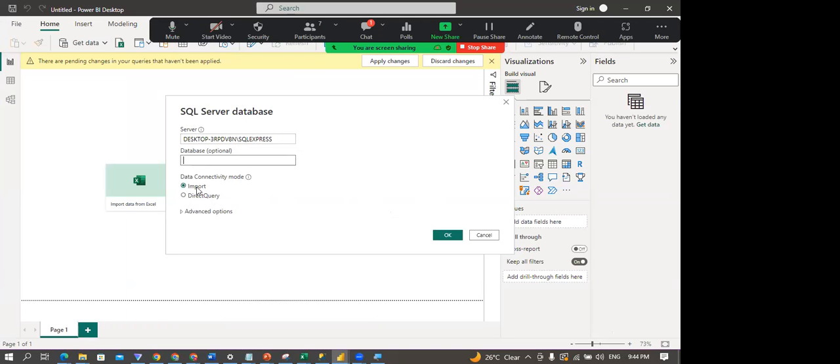So import mode means that Power BI will import a copy of your database, right? Of your tables into Power BI. While direct query, Power BI will connect to the data in your database, right? So any change you make, you just write SQL queries under the hood and it returns the data for that query. So I hit OK,